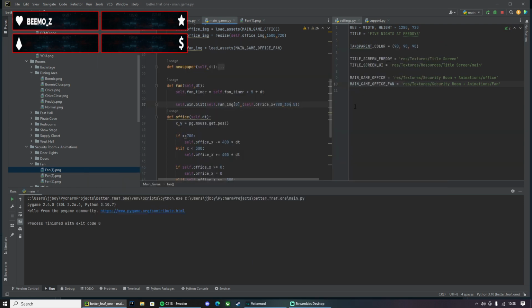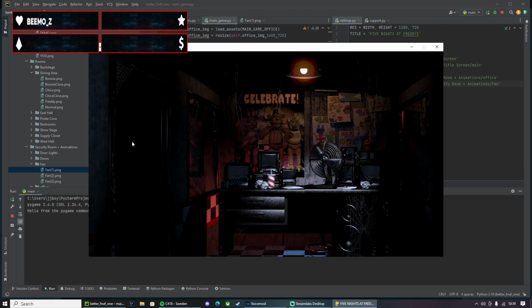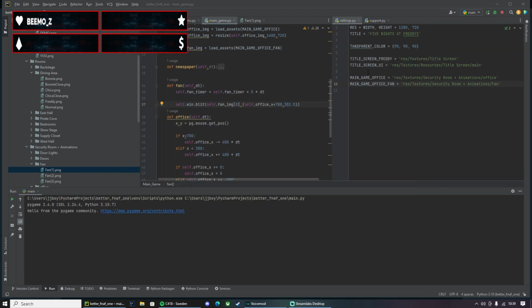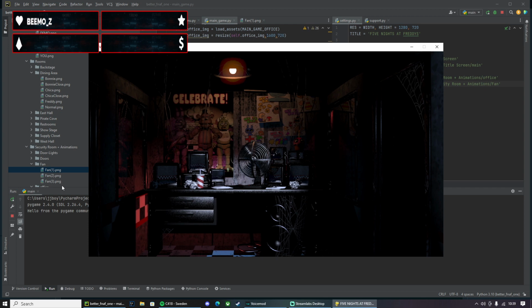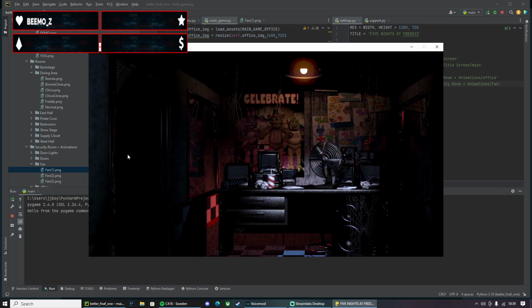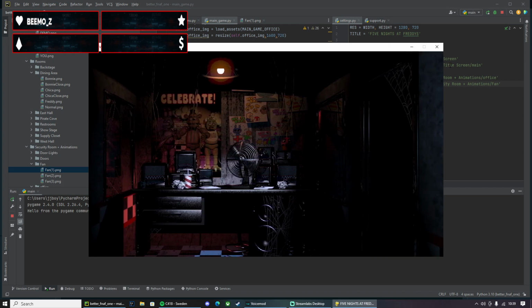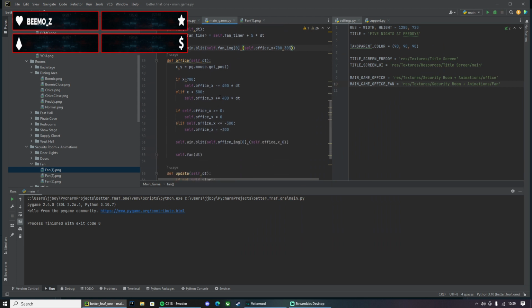I'm literally now just looking at the pixels. I'm going 2. No, 1 down. I'm just going 303. Yeah, look, that's fine. You won't be able to see it because you're mainly focusing on the animatronics and the cameras anyway. So let's just edit this.